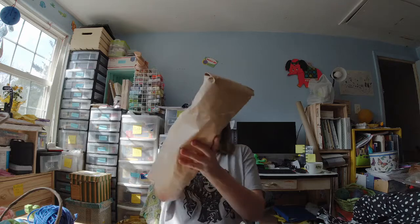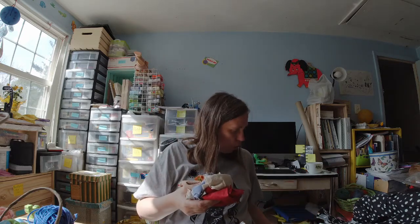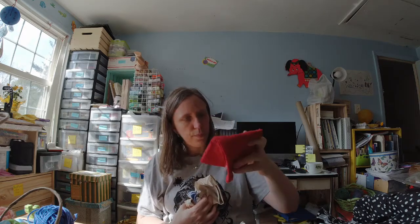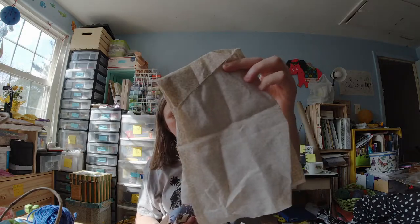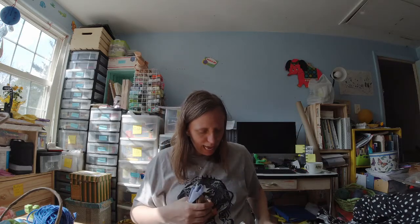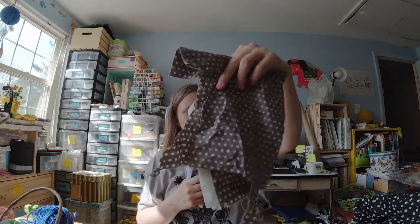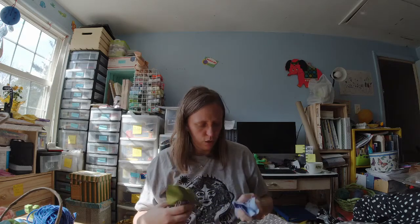That's right, I'm still going in this one $2 bag, and I'm still pulling. Okay, so I got this red. This was another one I bought specifically for the Little Women project. I have my eye on a quilt that I'd love to make that was covered with monsters. And that's one of the reasons I hit the scrap bin, because you need a good bit of